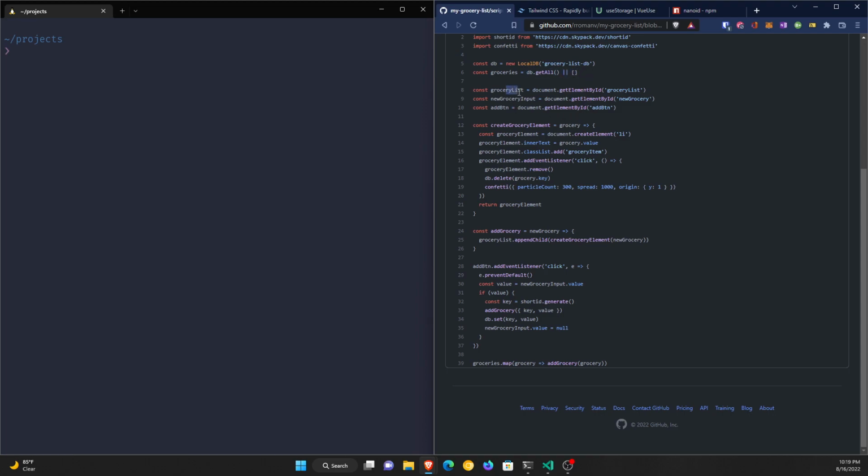And then we did some selections to the DOM where we target the grocery list, the new grocery input element, and the add button. And we target those because we use them for the create grocery element. Actually, for a grocery we just append a new child that will be the create grocery element, and what that create grocery element does is create a new list item, I believe. Yes, a new list item right here, where we added that grocery value that came from here,